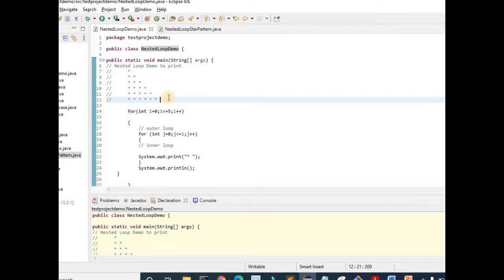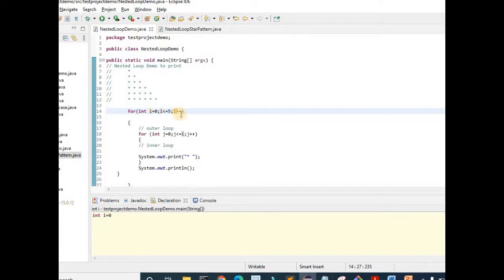To print this pattern, we need to start with the outer loop by declaring and initializing a variable i and starting the outer loop from i equal to 0 till i less than or equal to 5, and also followed by incrementing the i value. If we use only the outer for loop to print this pattern, only the first line gets printed like as